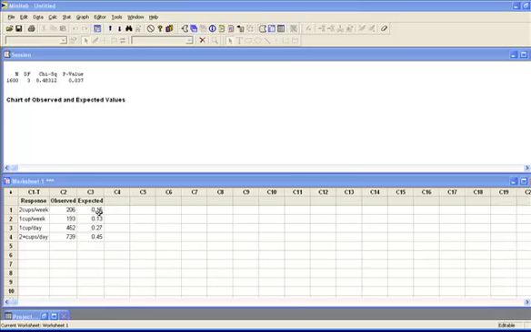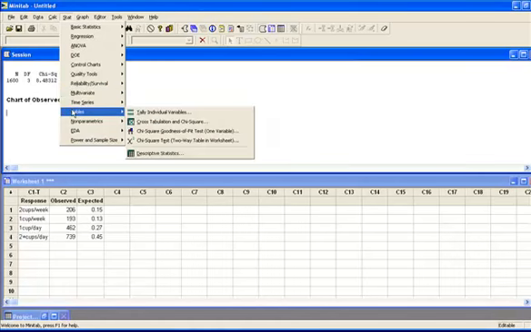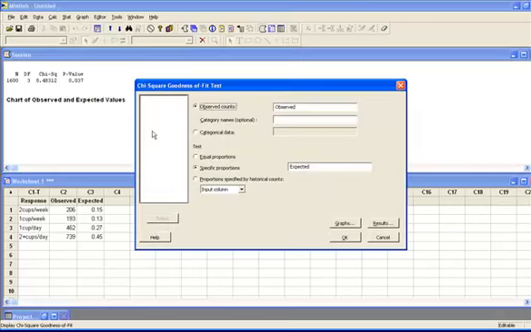I don't actually have to calculate those expected frequencies by multiplying the proportion by the sample size. I can just put in the percentages in decimal form in the third column. So I'm going to click on Stat and then scroll down to Tables and then scroll down to chi-square goodness of fit test for one categorical variable. Okay, so I need to